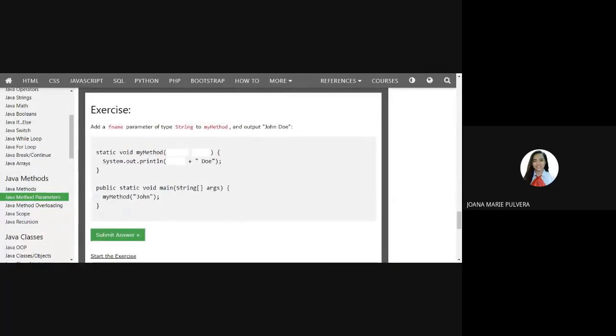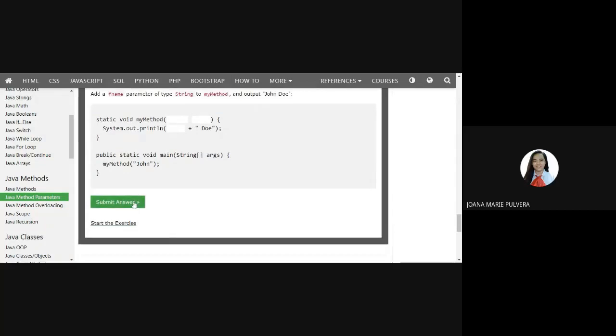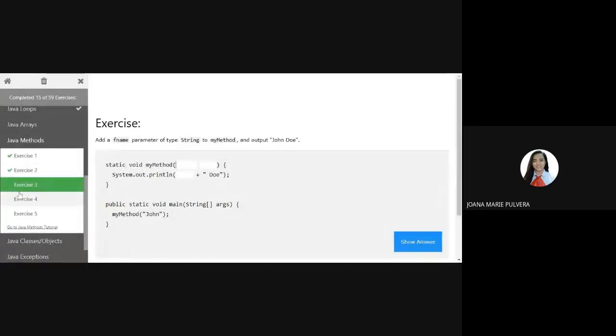This is exercise number 3. I think these topics are connected with each other. That's why the exercises are